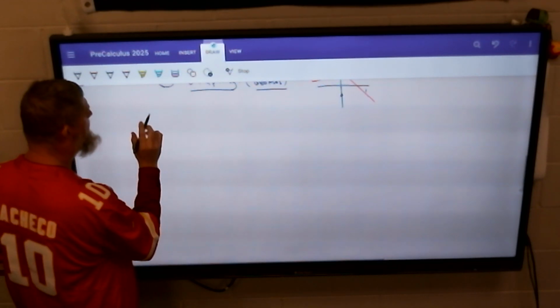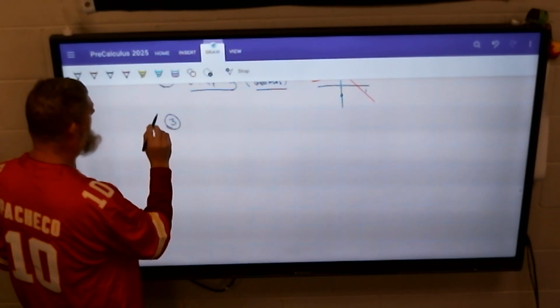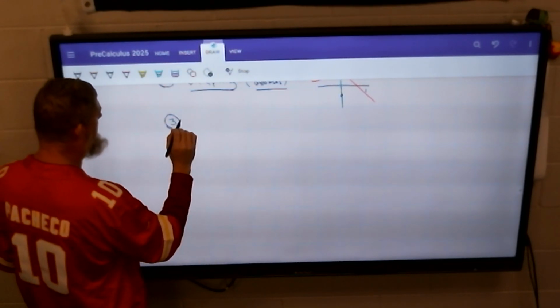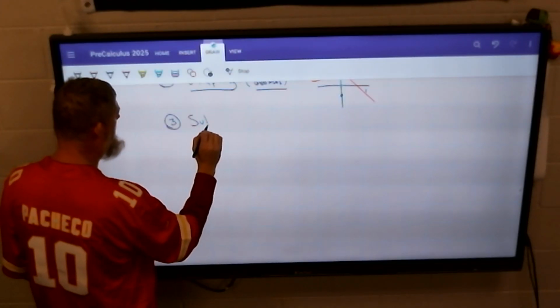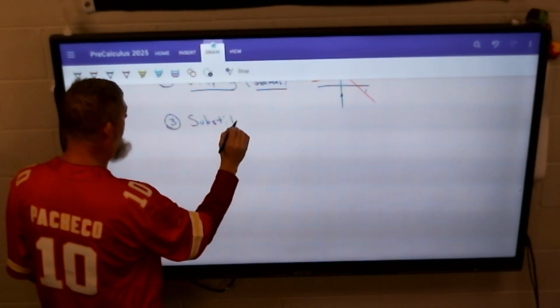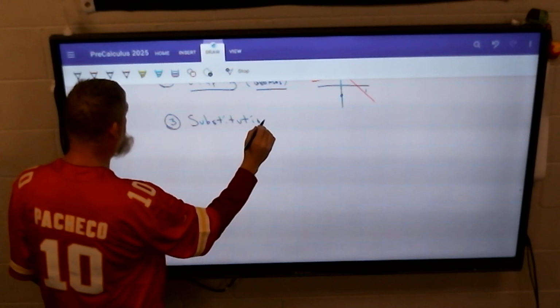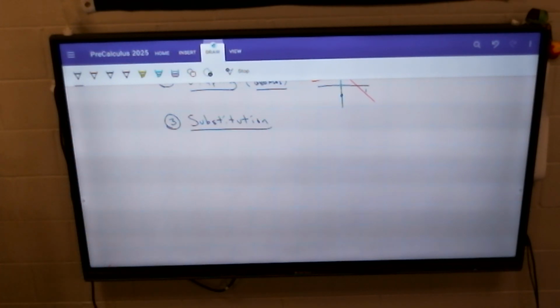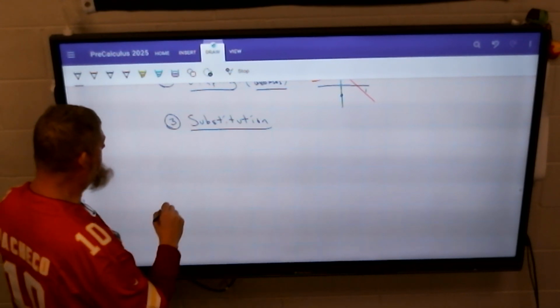Number 3, this is the one that's probably the most important. If I only had to pick one method to teach you, I would pick this method, and that's substitution. It is not the easiest, but I think it is the most important because we use it over and over and over again. Let's give you another system. Something like